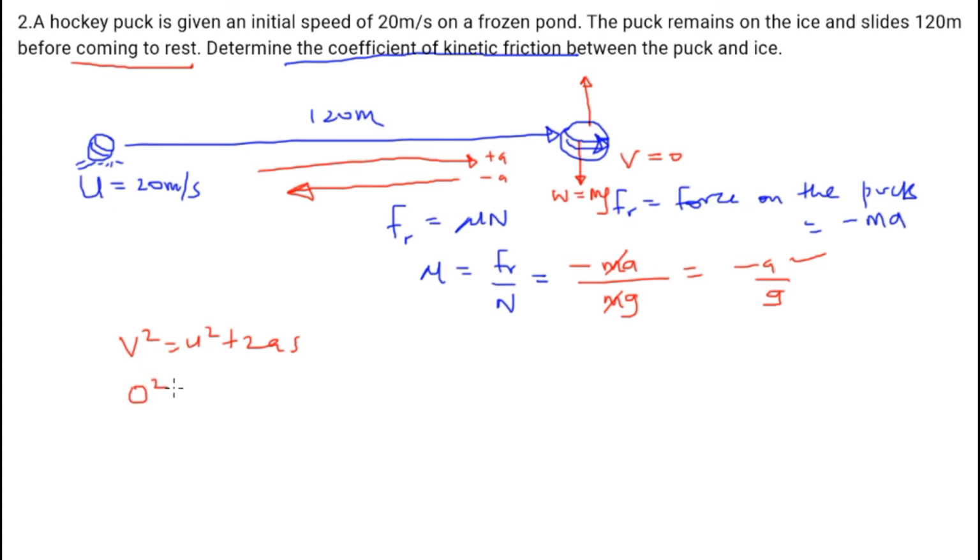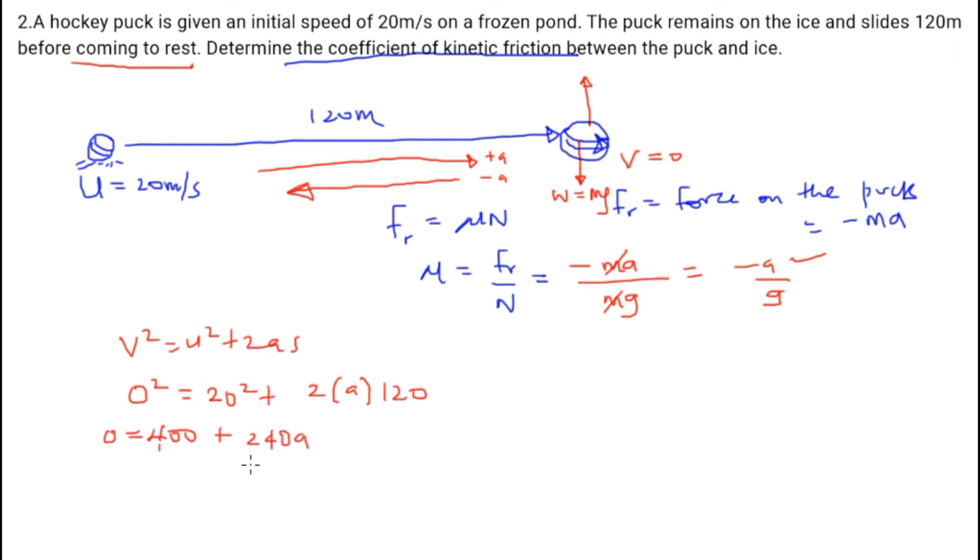So we have 0 squared equal to initial velocity squared, that is 20 squared, plus 2 multiplied by the acceleration of the object, which is a, and then the distance traveled, which is 120 meters. 20 squared is 400, so 0 equals 400 plus